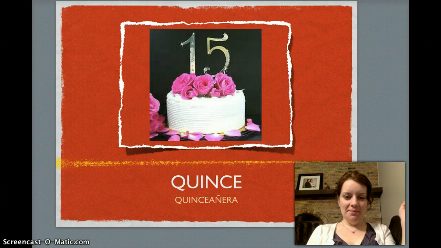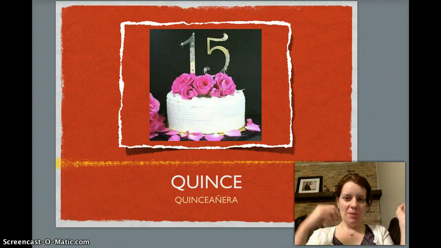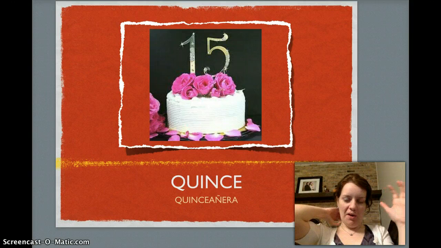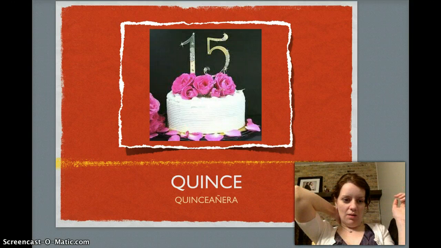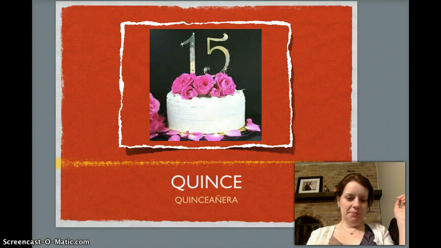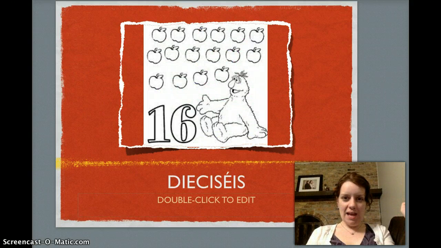15. The word quinceañera is under that, which is the coming of age ceremony for 15-year-old girls in certain parts of the Spanish-speaking world, primarily Mexico and other Latin American countries. 16,